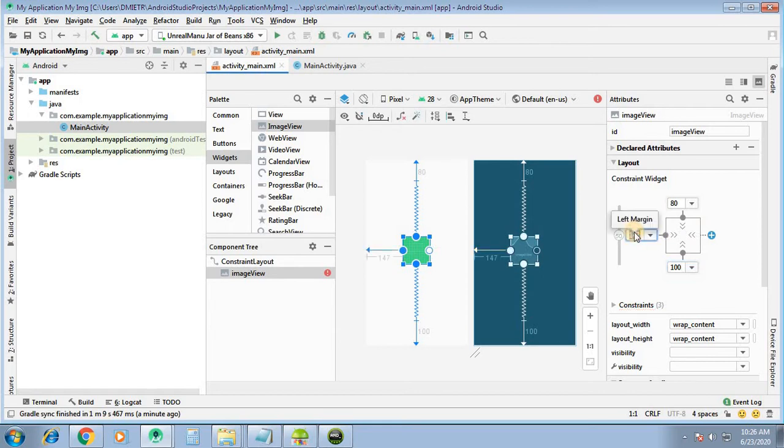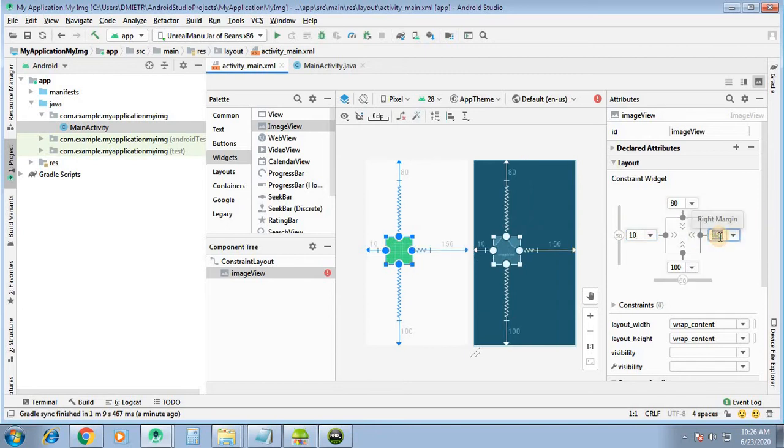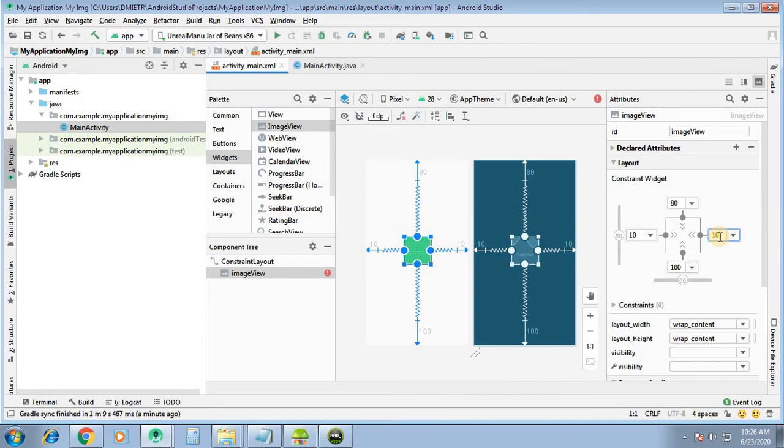Then here 10 and here is also 10. Okay, so this is what our ImageView.